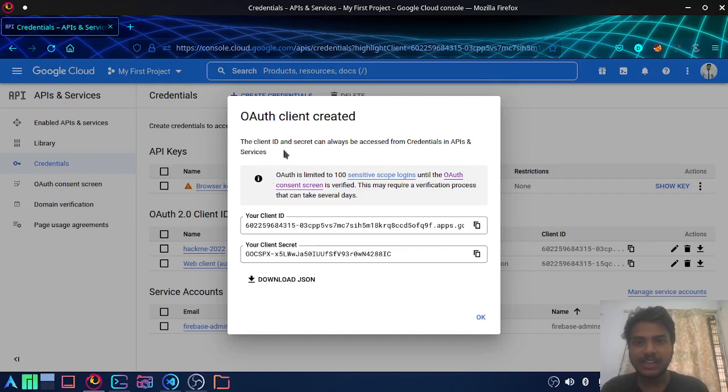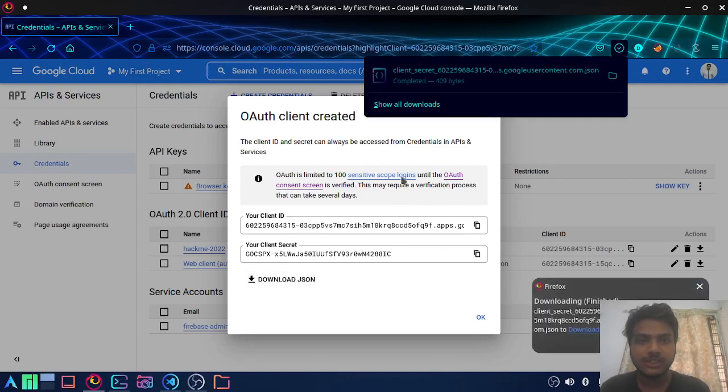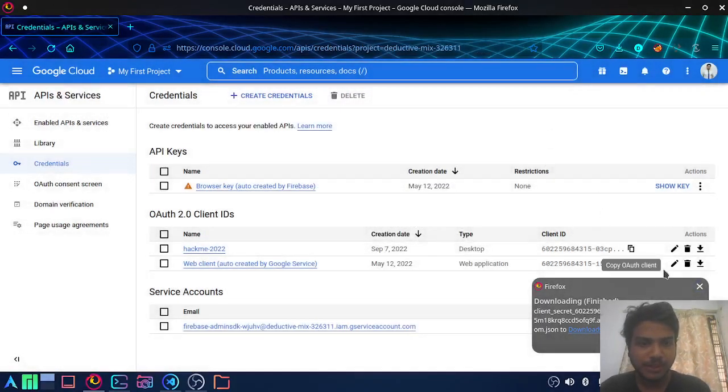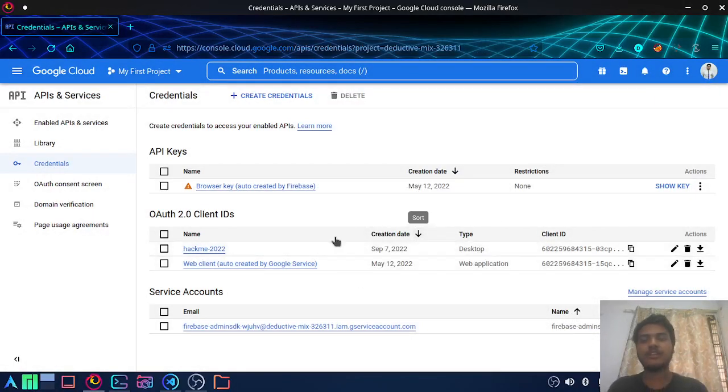Now the client ID and secret is always accessed from the credentials in the APIs and services. You get your client ID and the client secret. I need to download the JSON file. So you click on download JSON and it will be downloaded. As you can see here in my dashboard, I have a new OAuth 2.0 client ID named Hackme 2022, and its type is desktop, and you get your client ID and your client secret stored